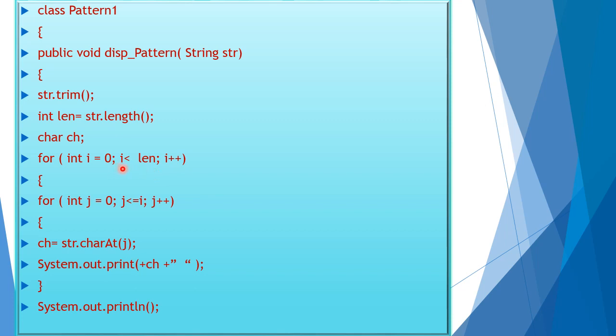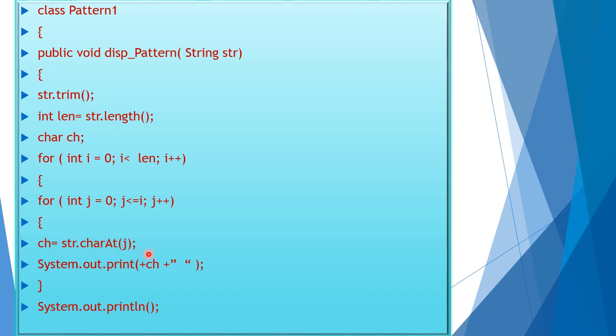When I takes the value 3, j takes the values from 0 to 3. That means j takes 4 values. j takes the value 0, j takes the value 1, j takes the value 2, j takes the value 3. So 0, 1, 2, 3.